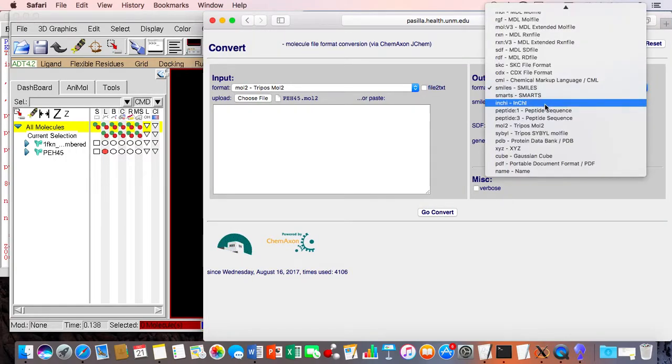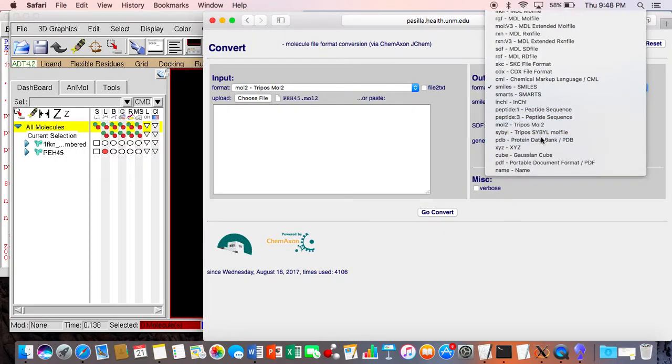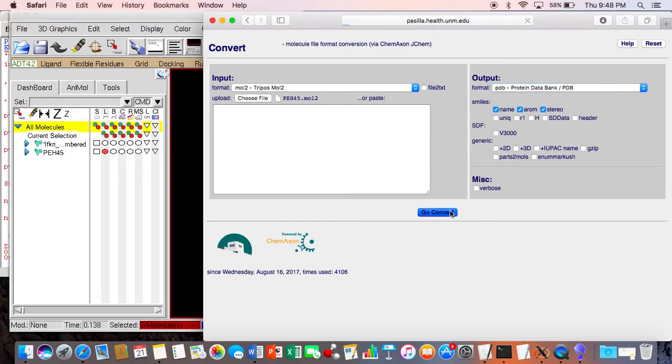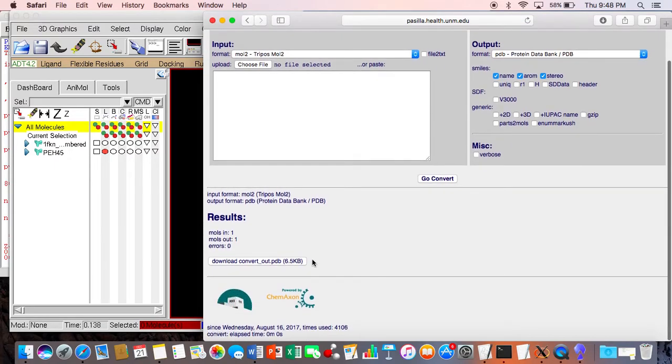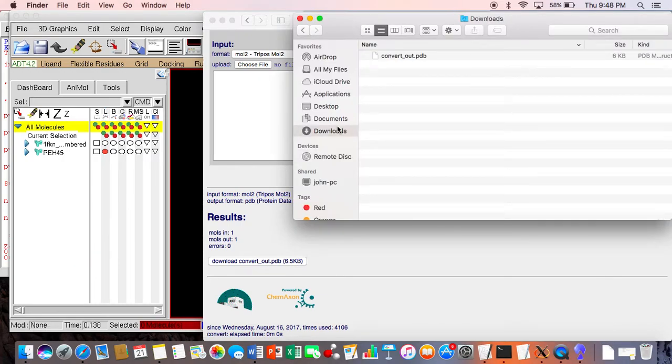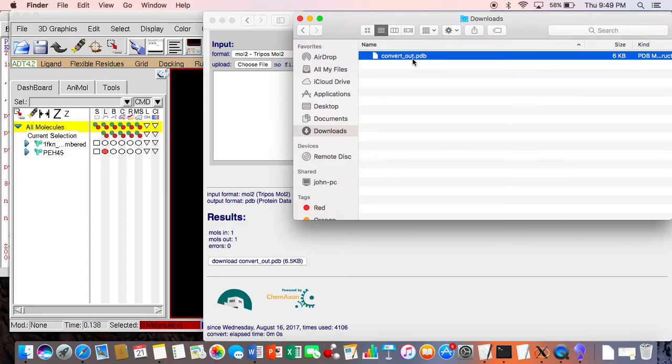And we can say we want to output a PDB file. Then we hit go convert, and we can download the result. Now it's in our downloads, so I'm going to change the name so it doesn't get confusing later. We can call it new